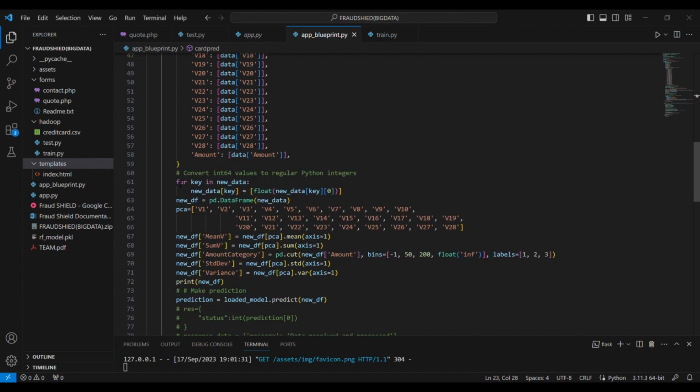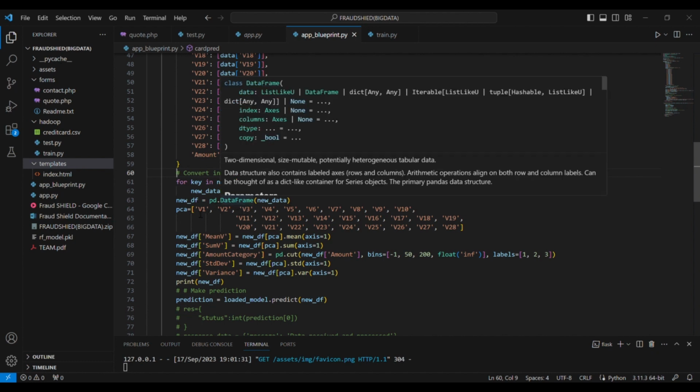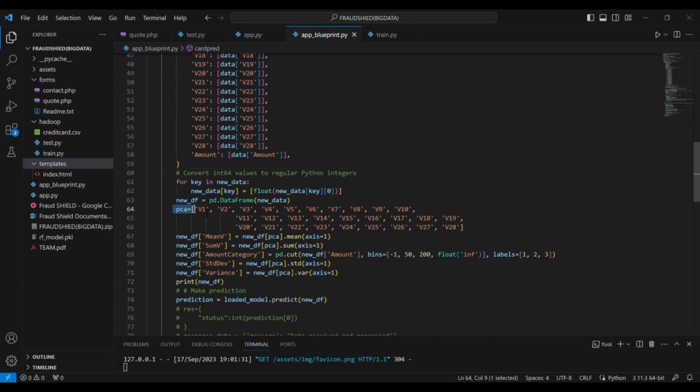So then from the key in, because of the type of value sent from the front end, it is not a float or number, so we have to force the data types to convert to float. Then from there, we converted it to a data frame. After that, we initialize the PCA values. Then we got the name, the sum,